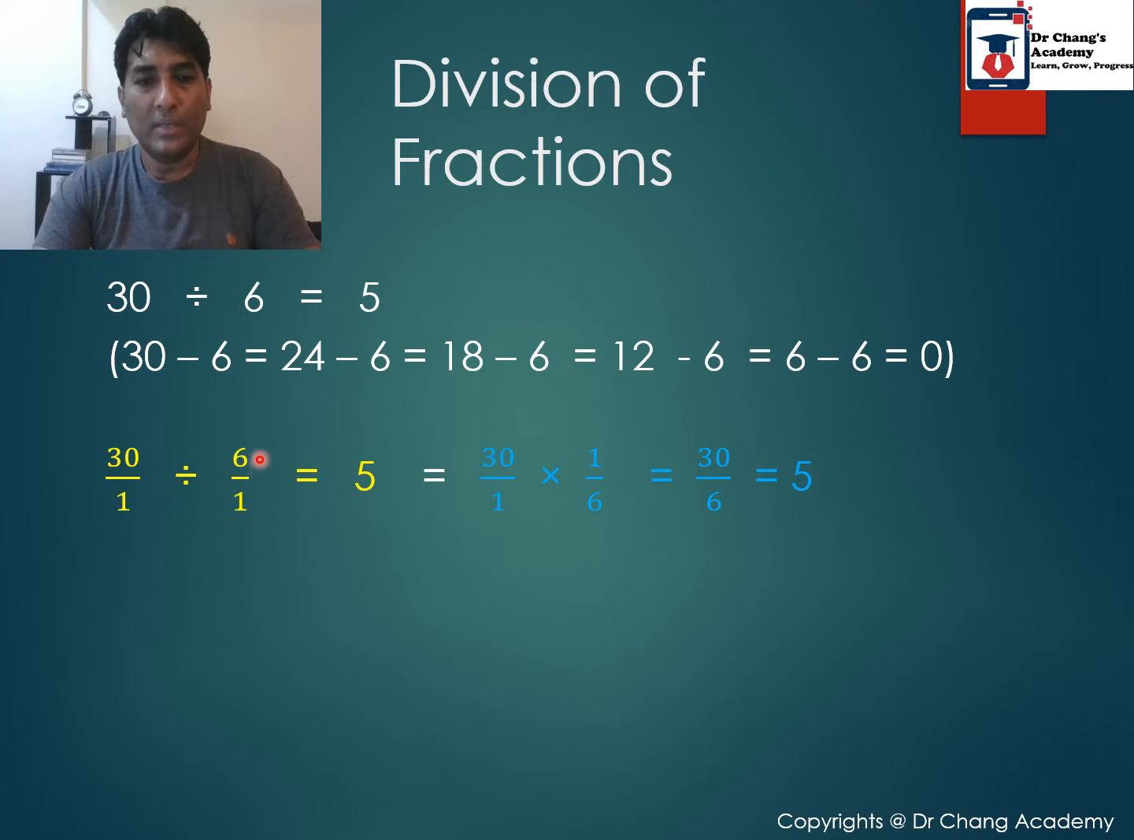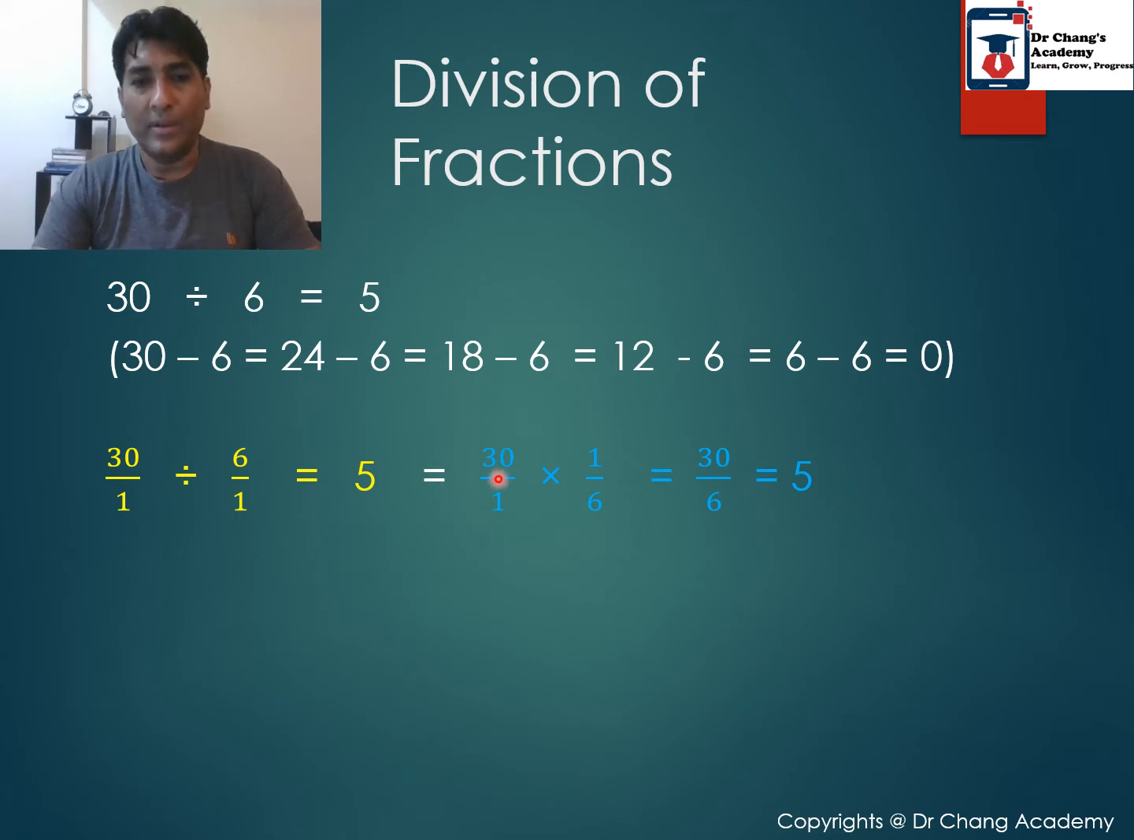Now the multiplicative inverse of 6 over 1 is 1 over 6. So if we multiply 6 over 1 by 1 over 6, the answer is going to be 1. When a number is multiplied by its multiplicative inverse, the answer is always 1. So in fractions it is easy, just put the denominator into the numerator and the numerator into the denominator, and that becomes the multiplicative inverse. So in that way we have changed this division into